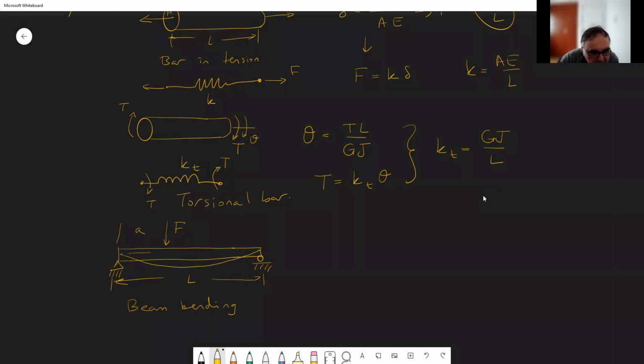This is exaggerated, of course. This is delta. Delta is going to be, by again strength of materials knowledge, from which you can say that K is equal to 3EI L divided by